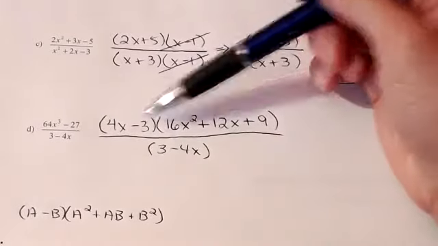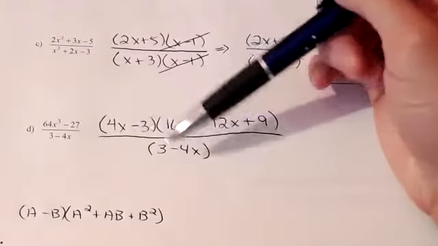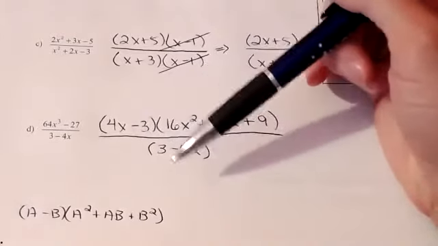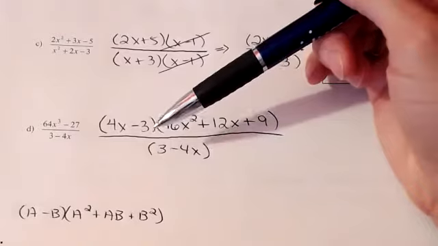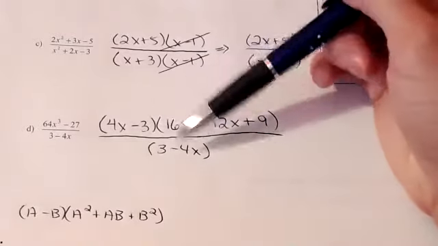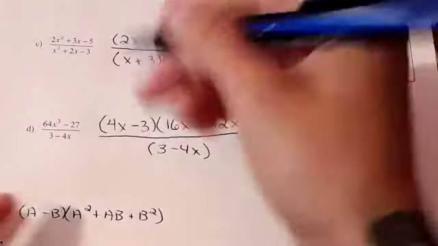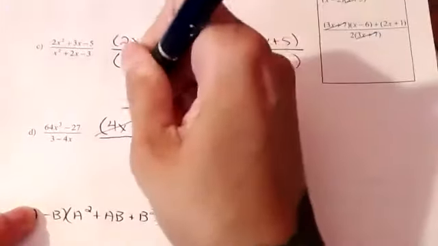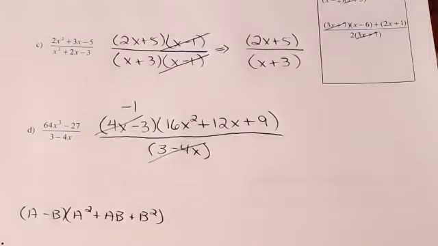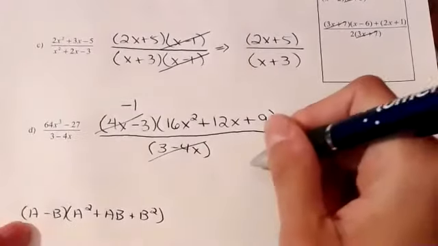When I was learning about these, this is going to sound so dumb. We used to call these distant cousins. Is that weird? I know it's weird. We used to call these distant cousins. And the reason we did this is because we knew that when they canceled, it would leave you with a -1. It always leaves you with a -1. I'm going to prove that to you. So side note,